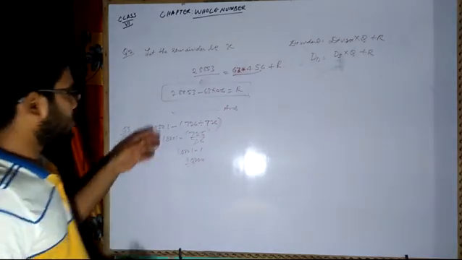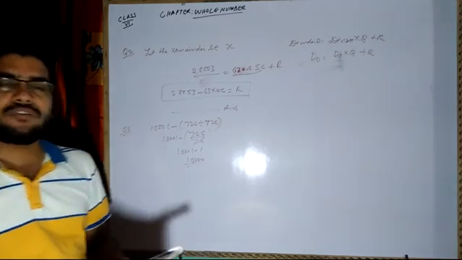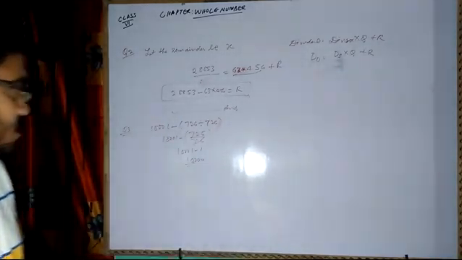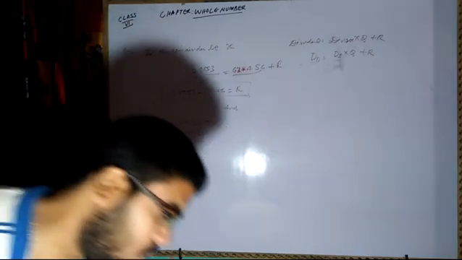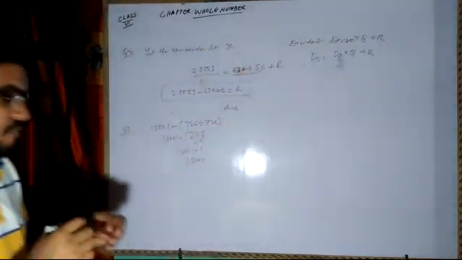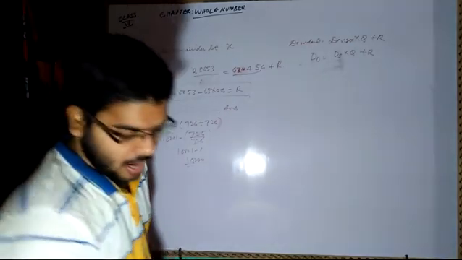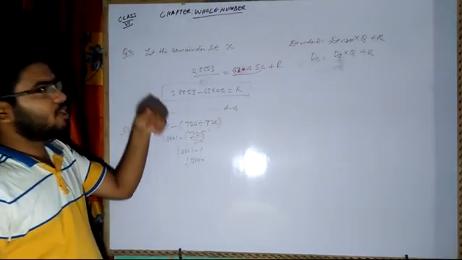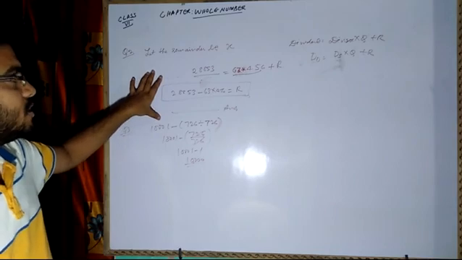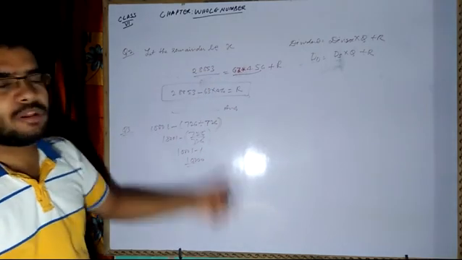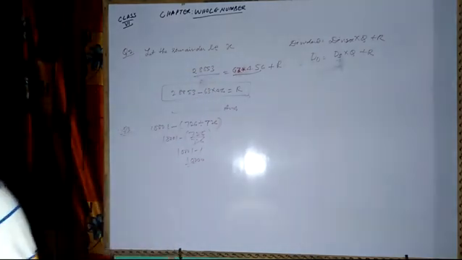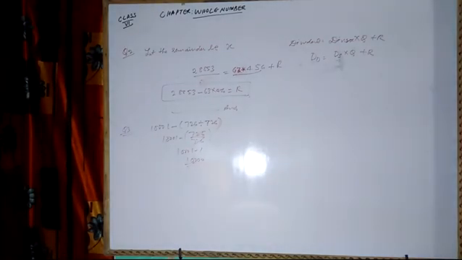Now you have to understand true and false. After this you have true and false and MCQ types of questions. I hope you all will be able to solve all those sums with ease, with the easy method. These two numbers were a bit like word problems, and I thought you may not be able to solve them, so I have explained them here. I hope you all will complete these two exercises by today itself. Okay, thank you.